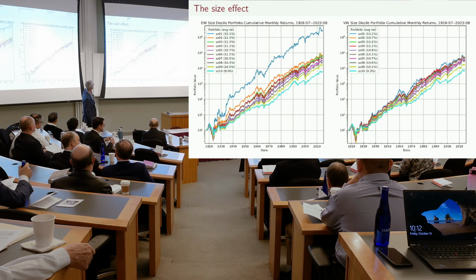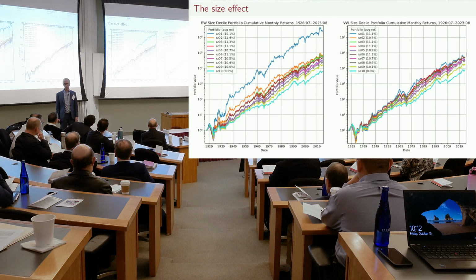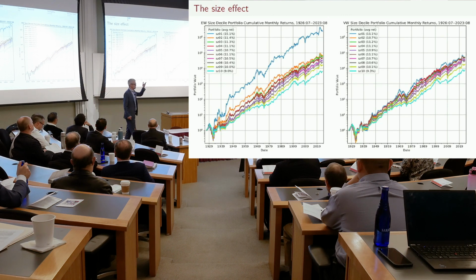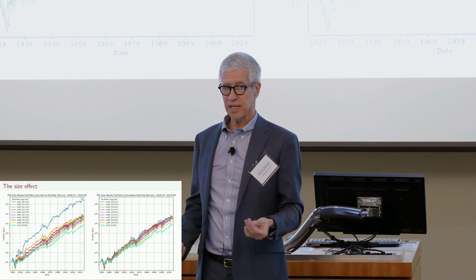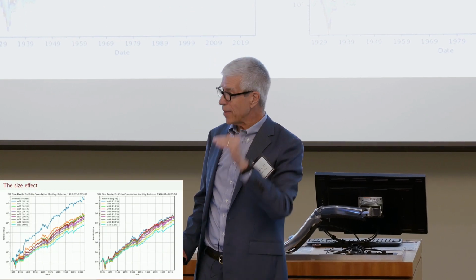And you can see here, I've just done a cumulative return plot. And you can see here on the left, this is the cumulative returns of the equal-weighted portfolios, size-sorted portfolios. Okay, and you can see here really strong evidence associated with the size premium. But what's going on here? Well, this is equal-weighted. Okay, so the problem with equal-weighted portfolios is that at the start of every month, what you're putting is an equal dollar amount into every security.